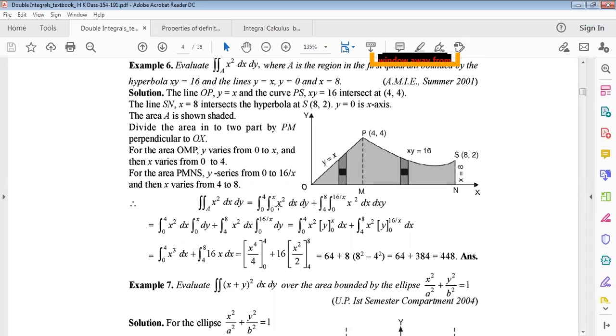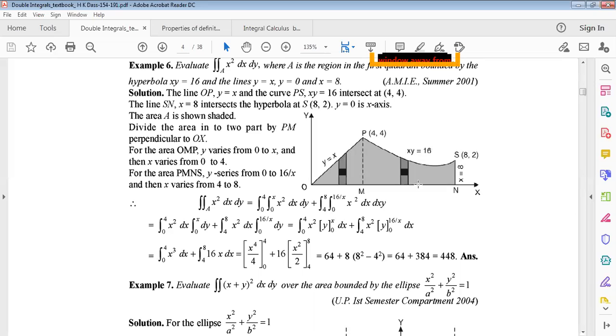This is why 0 to x and the function are the same. For the second region, x varies from 4 to 8. Understand? x varies from 4 to 8. Then y varies from 0 to what? Here y equals 16 by x, right? From this equation we get y equals 16 by x. This is why y varies from 0, the y value on the x-axis, to